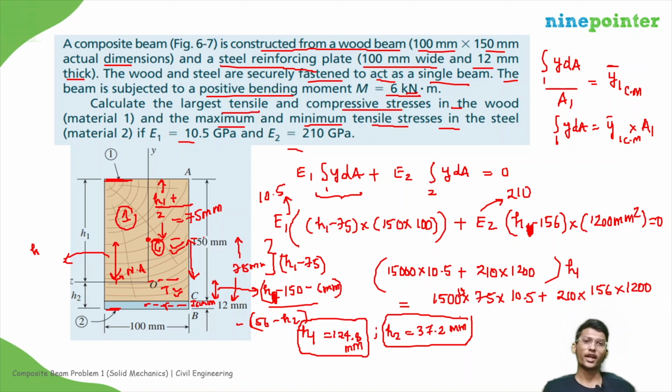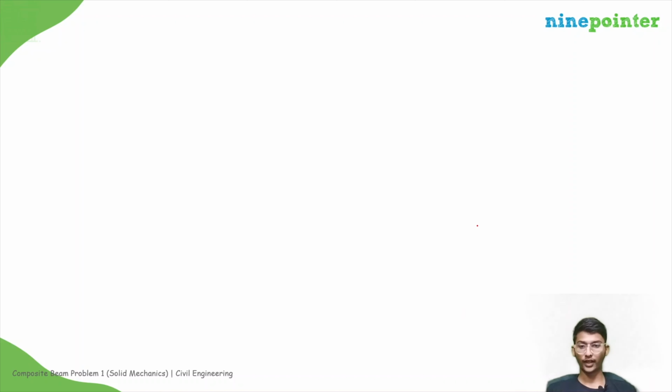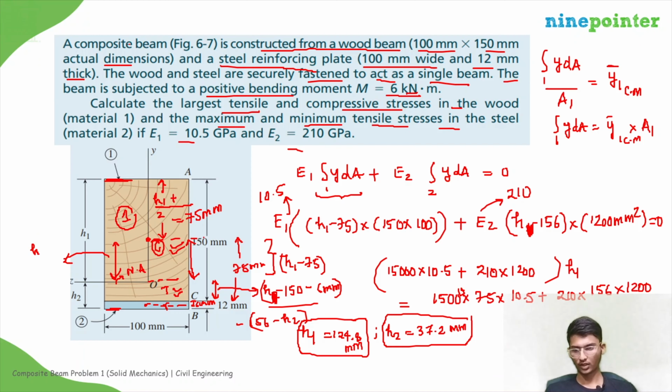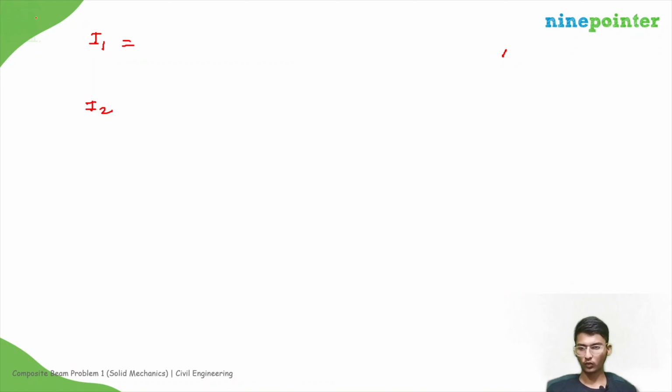So we found out the H1 and H2 values. That means we located the neutral axis. Now what we need to find out is the area moment of inertia of material 1 and material 2, meaning I1 and I2, about the neutral axis. So see, the I1 value about its own center of mass will be 1 by 12